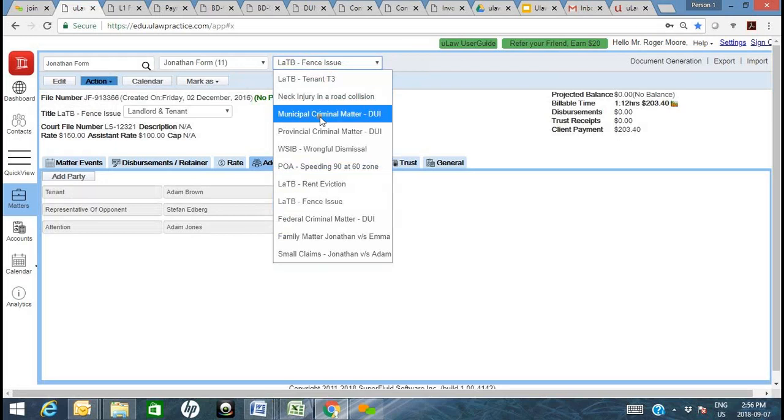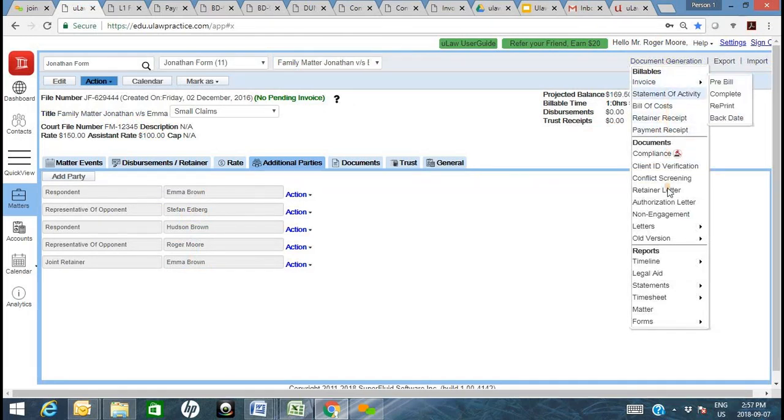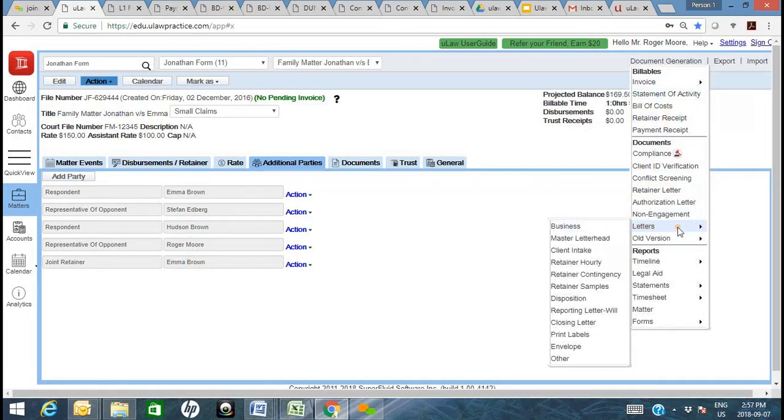Okay, what's a good example here? Family matter. So let's say this is a family law matter. You've got a respondent, they're representing multiple respondents, right, in a joint retainer situation. So in this case, let's say Jonathan and Emma are both the respondent and the joint retainer. When you go about actually generating, let's say, a retainer letter,